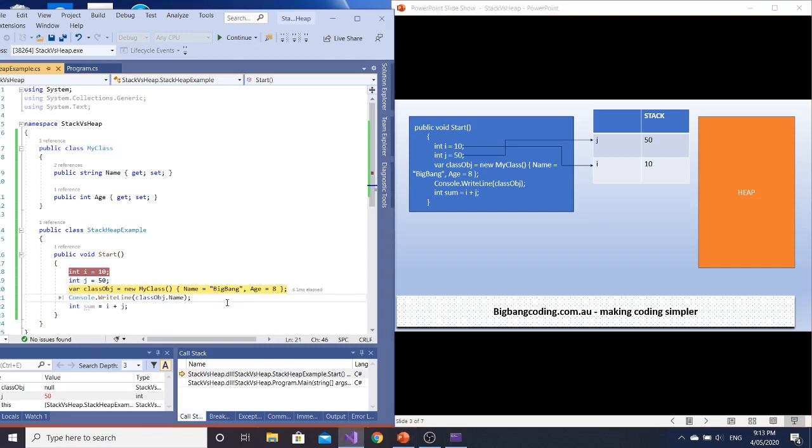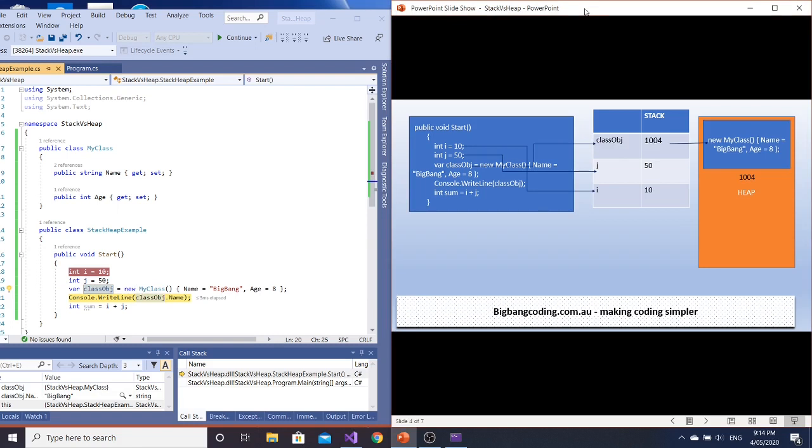Now let me execute another statement here, with F10. Once this statement is executed, I am expecting it to create my class object. So you can see that I have created a class object which is actually residing in my heap.